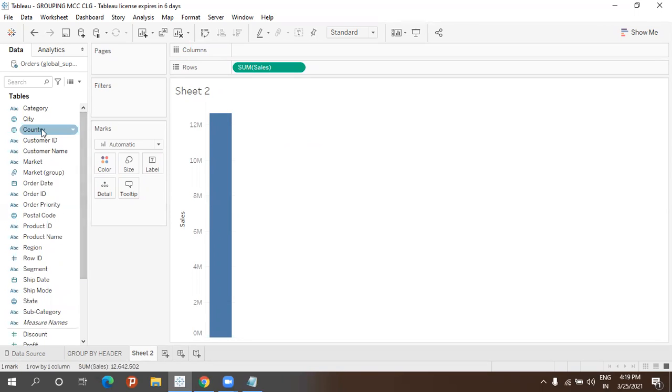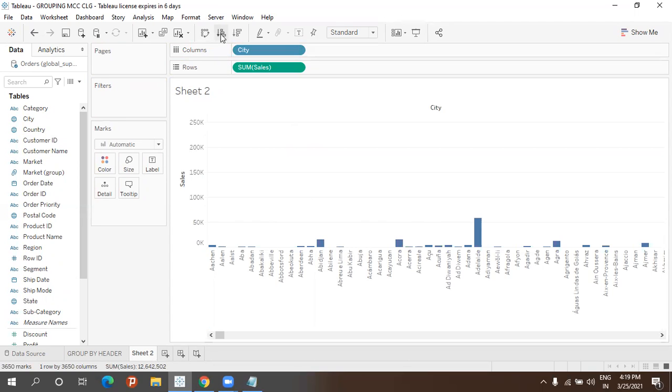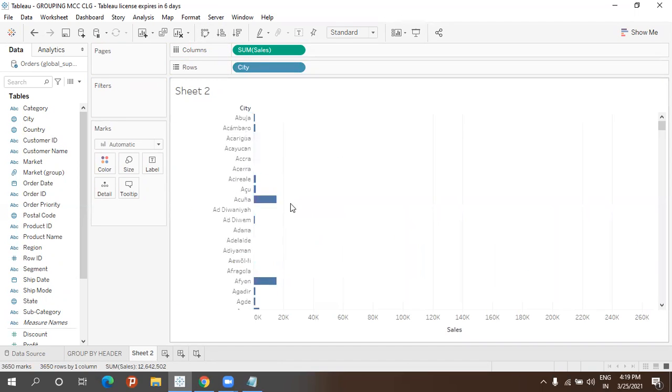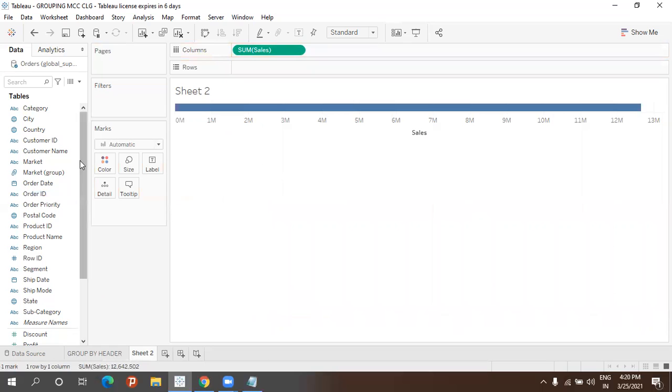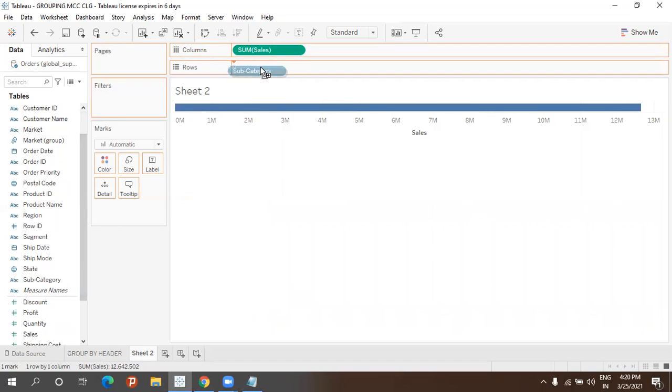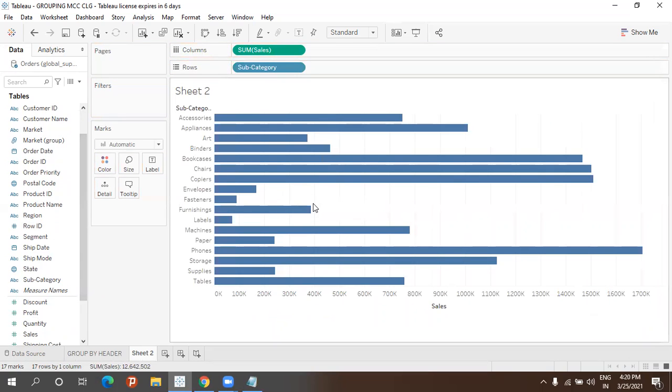Because when I take city, there are many more, and it will be tough for us to group. So that's why let me take a lesser one. Subcategory, I think it will be fine for us. Yeah, this is fine. So taken sum of sales into the columns, and take subcategory into the rows.